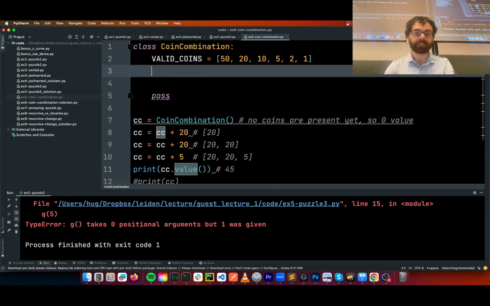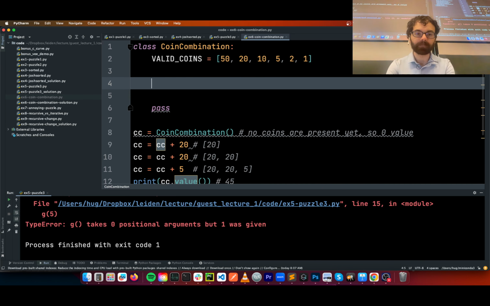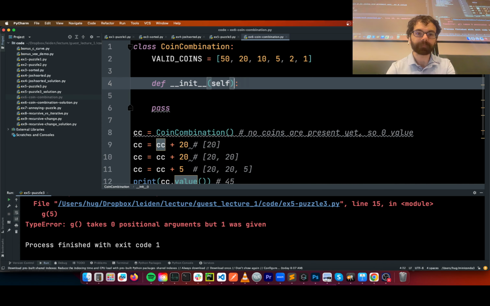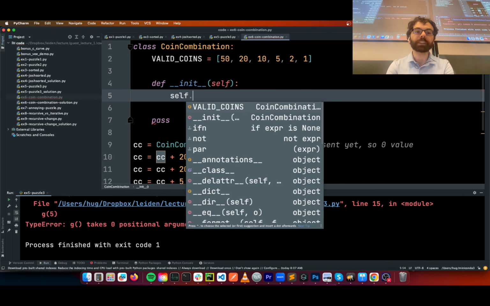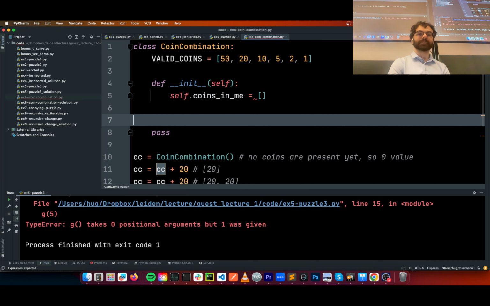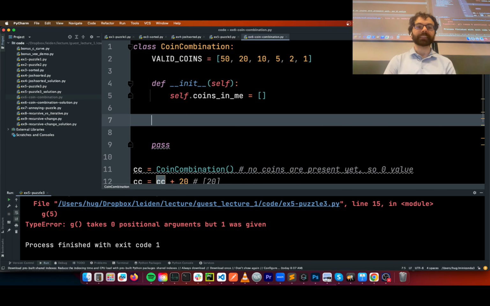That's just going to be a class variable. And then when we initialize one of these objects, it's going to initially have coins in me, I guess. It's going to be a list of nothing. You could use something else other than a list, but I'm going to use a list.